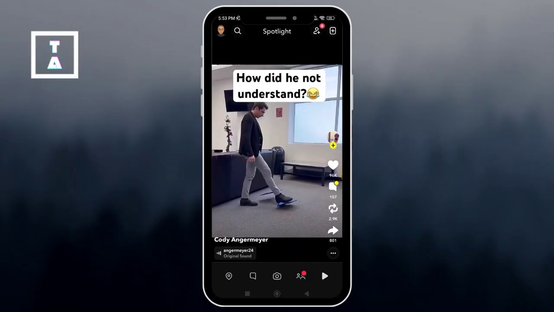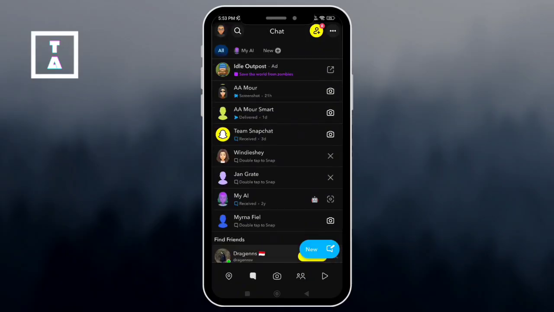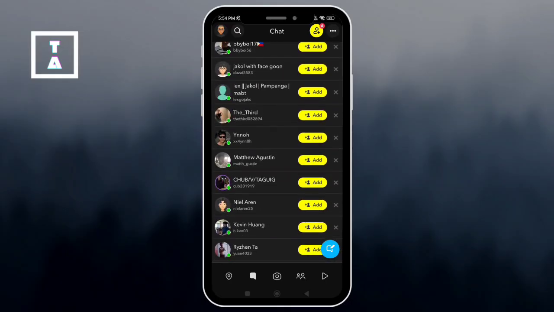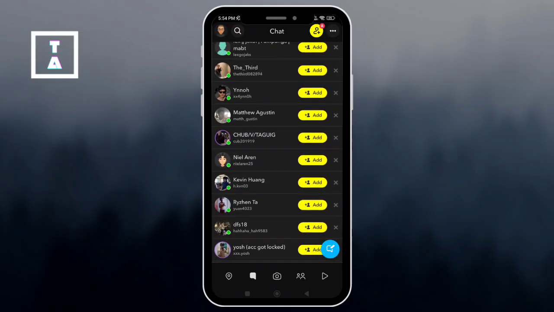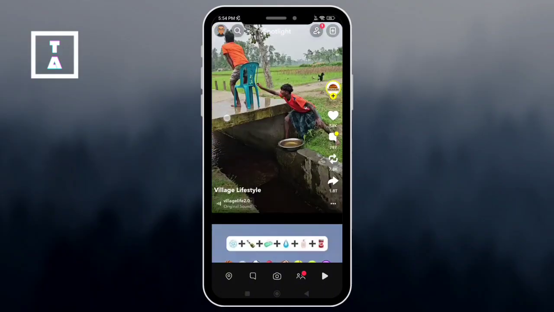Let's get started. First, open the Snapchat app and go to your chats. If your streak just expired within 48 hours, a restore button might appear next to the friend's name. Tap it to restore your streak immediately. Snapchat Plus users get 5 free restores per month. Non-subscribers get 1 free restore, and after that, each restore costs